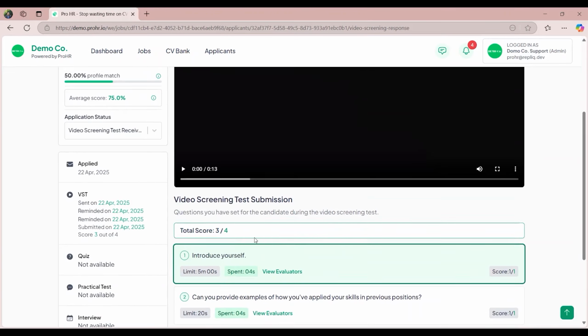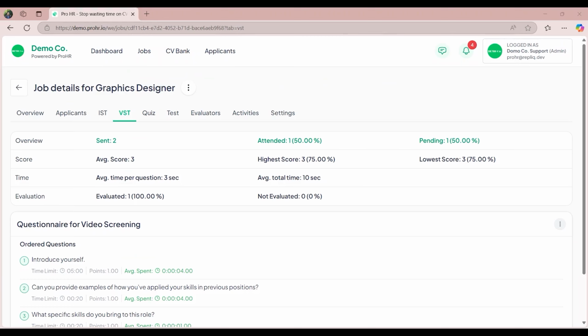Additionally, in the VST tab of the job post, you can track who has completed the VST, how many tests are still pending, how many VSTs have been evaluated, how many are left to be evaluated,